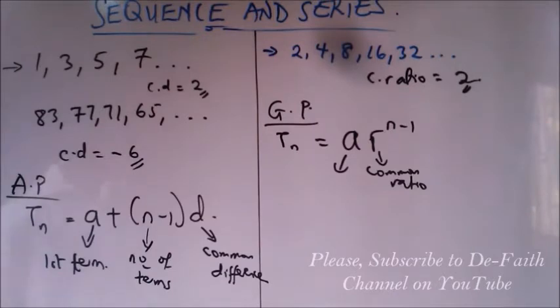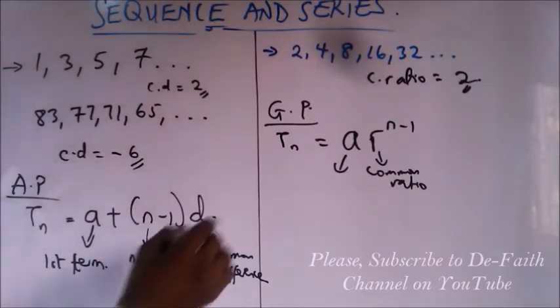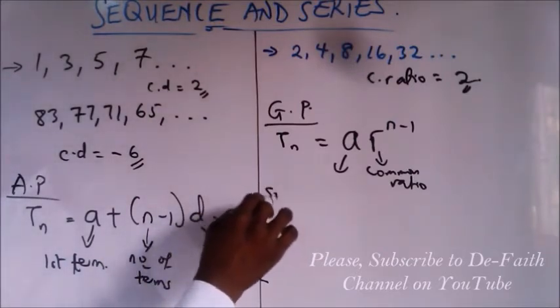Next, we have what we call a series. A series is the sum of a sequence. For instance, we could sum the arithmetic sequence. Like, we could be given 10 numbers and we could be told to add them together. So we have a formula which makes it easy for us to add. So hence we have what we call sum of